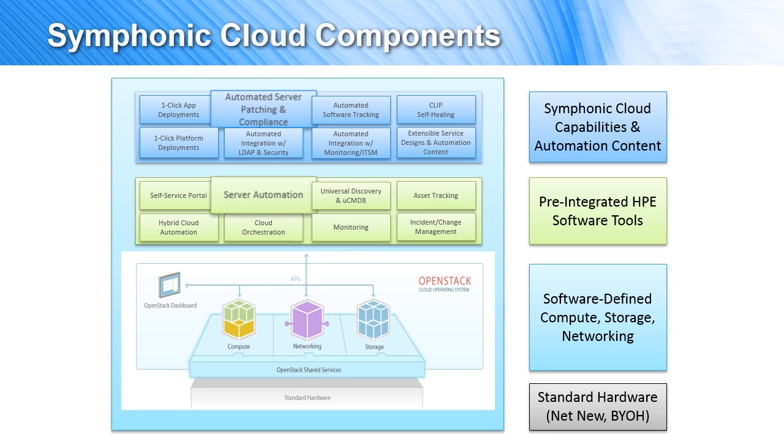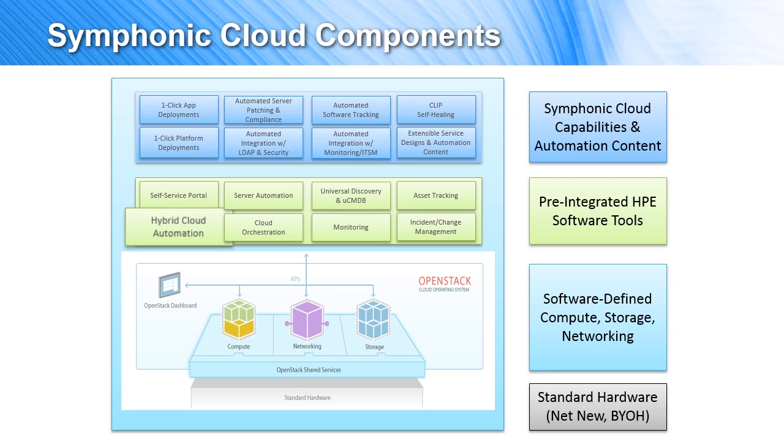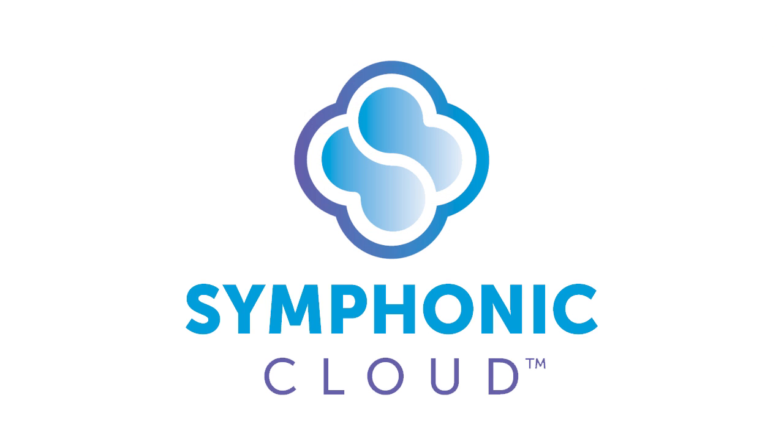Day 2 IT Service Management, allowing you to patch, maintain, and manage systems deployed in the cloud. Compliance Management, against standards such as PCI, SOX, GLBA, and HIPAA. Lastly, Hybrid Cloud Capability, to allow you to extend your on-site cloud portal to deploy in Amazon Web Services or Microsoft Azure. Unlike other private clouds on the market, Symphonic Cloud arrives out of the box with capabilities allowing your